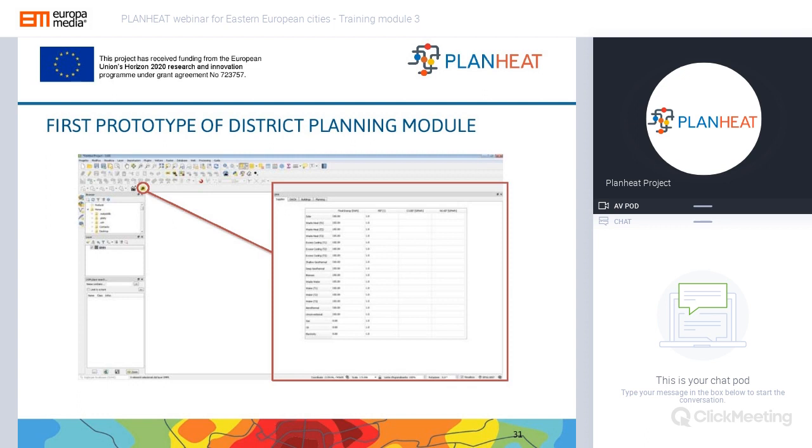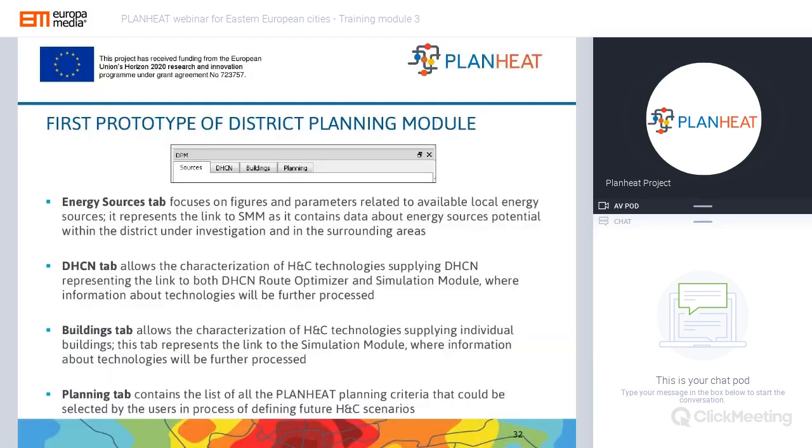So let's see what kind of operational buttons and modules we have in the first prototype of the district planning module. So first one is the energy sources tab, which actually focuses on the different figures and parameters related to available local energy sources. The DHCN tab allows the characterization of heating and cooling technologies, representing the link to both the route optimizer and the simulation module.